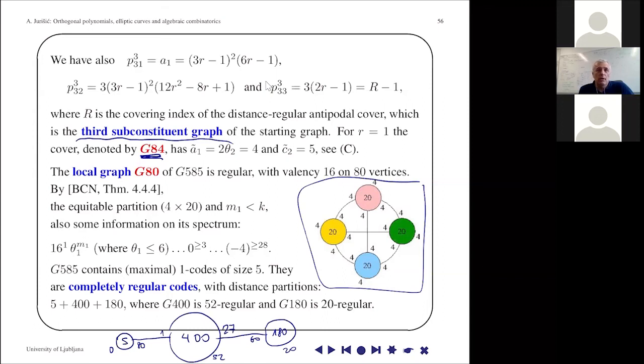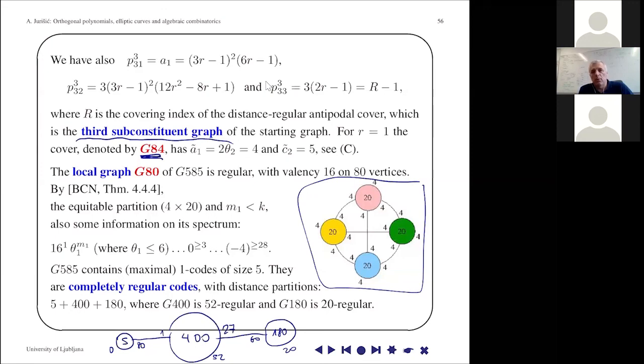and I don't know. It seems like it is difficult to construct such a graph on 80 vertices, with so much structure. But so far we didn't succeed yet. But we were able to prove, for example, that these maximal 1-codes of size 5 are actually completely irregular codes and give us more equitable partitions like this one, 5 plus 400 plus 180, and the equitable partition